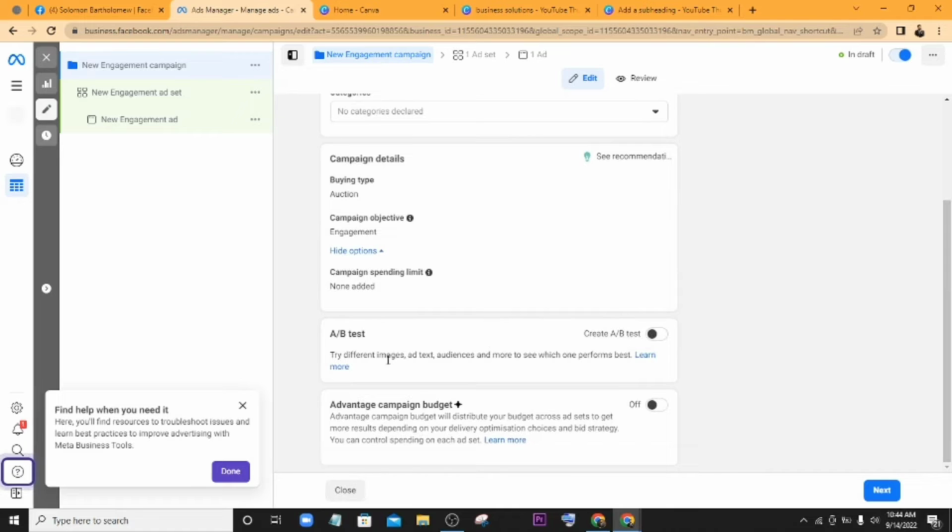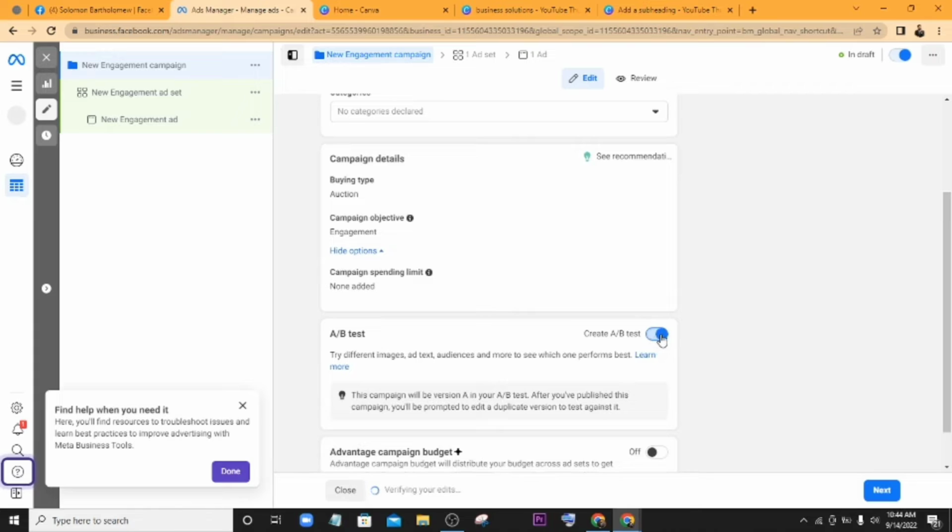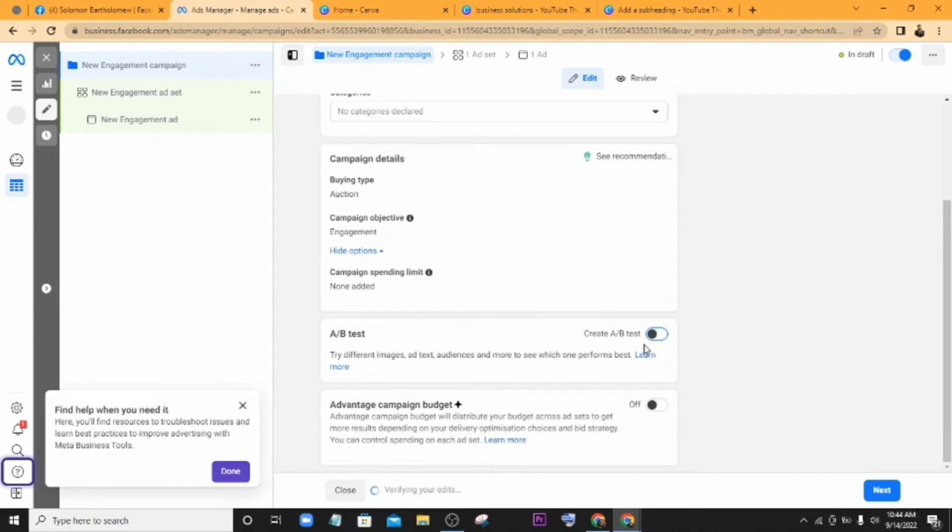Now, this A/B testing is basically going to work if you have multiple campaigns running. For example, you have a different ad set, as in a different picture or image, or you change something in your ad to test which ad has the most results. That's when you turn on A/B testing. You have multiple ads running and you want to see the one that gives you the best results. So what you can do is create one ad, duplicate it and change some details about it, or create two different ads that serve the same purpose and turn on the A/B testing. That's basically what it is.